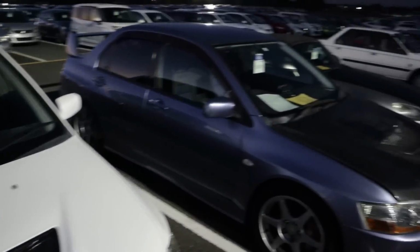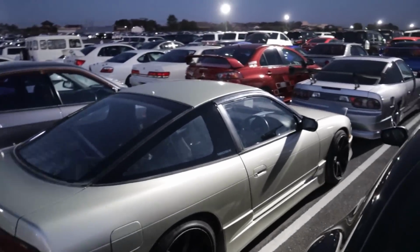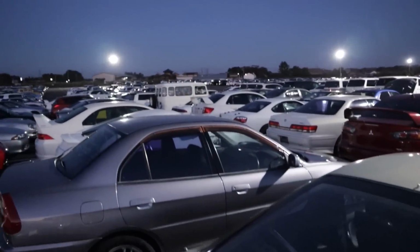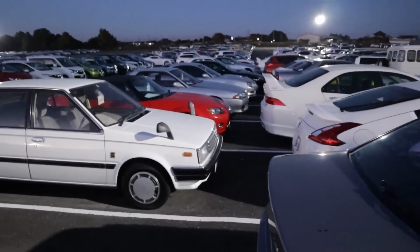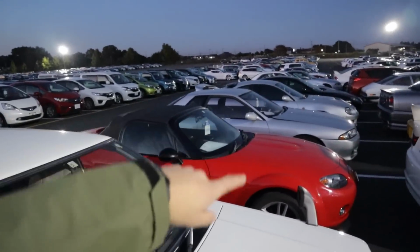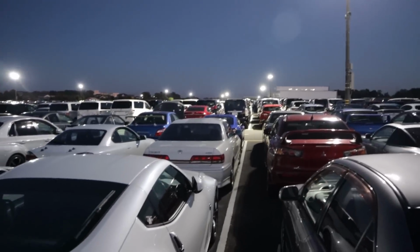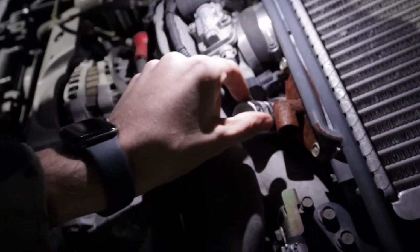Not bad. There's still a fair few decent cars here today, that's for sure. Another 180, another 180. Mark II. 370Z. A lot of cool cars. Another 32. Not bad, man. It is really starting to get dark real quick. The lights are all on. Jeez. Yo, is that...